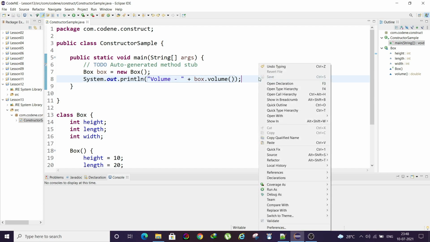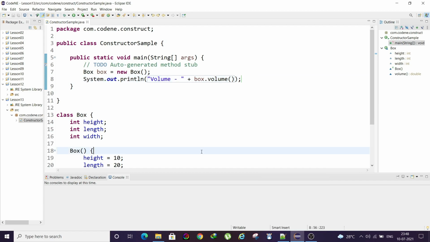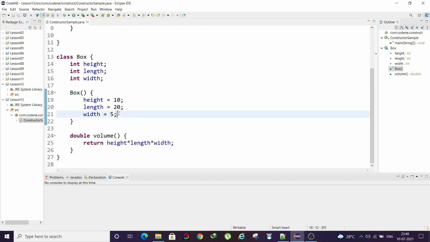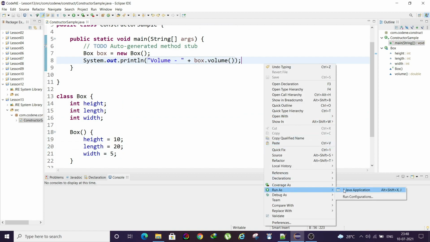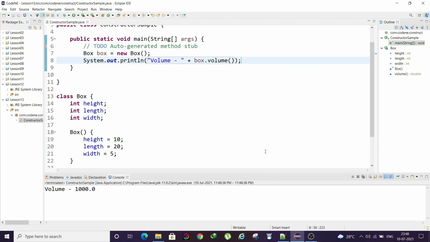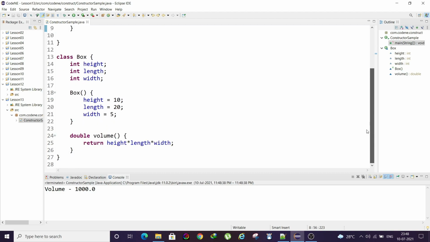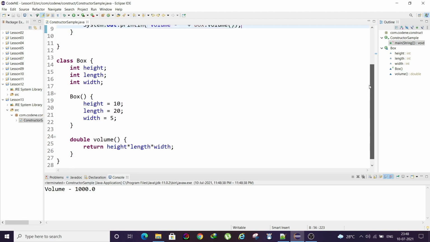Now if I run this, see, I did not assign any values like in our previous lesson. Simply what I did is, in our default constructor I am assigning some values. So now when I call this, what will happen? It will simply display the output of whatever volume method code we have written.